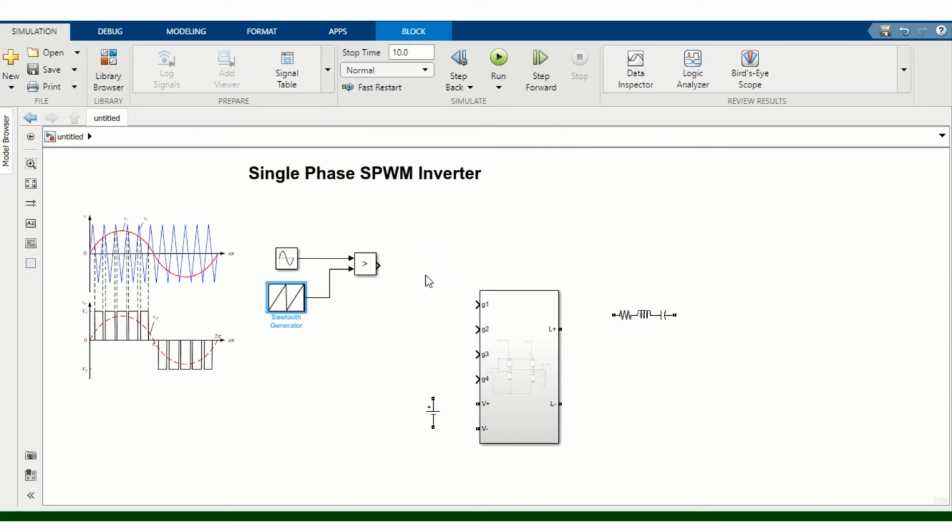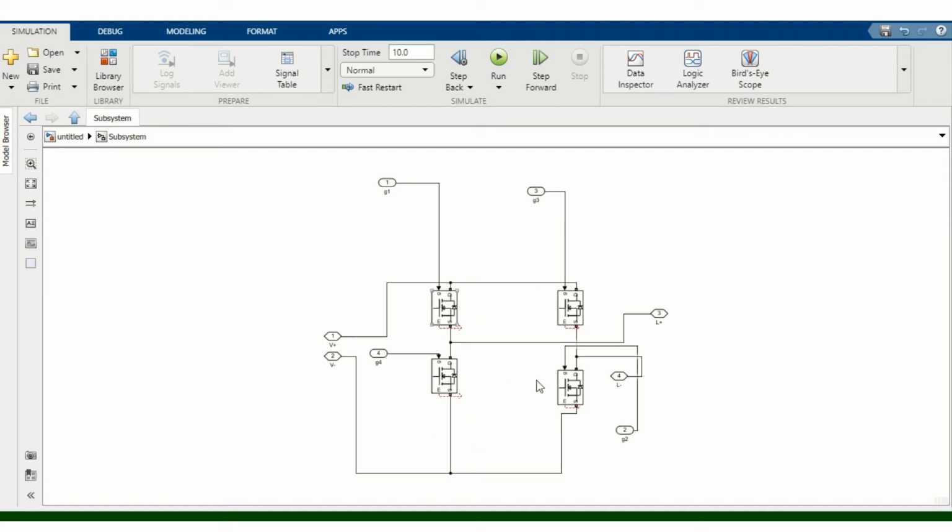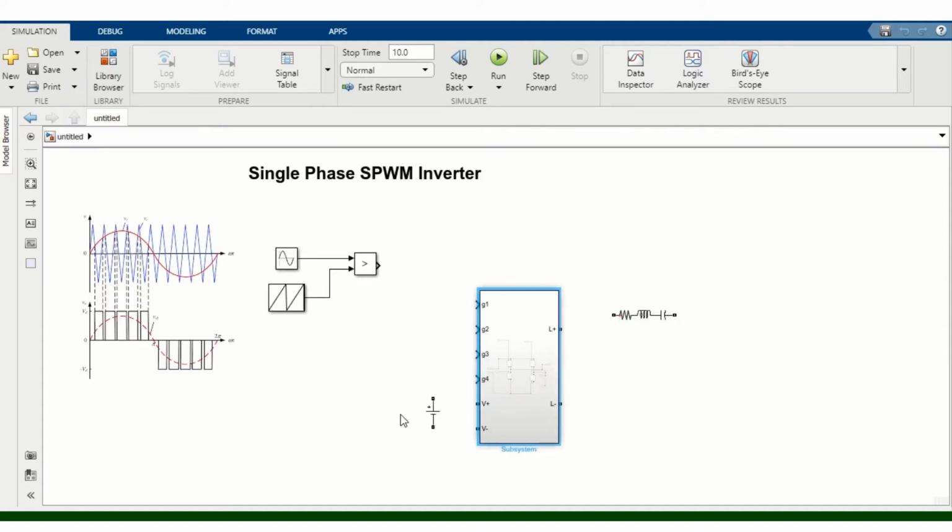Okay. So now this is applied to G1, G2, G3, G4, the labels are given. Now this is G1 and this is G2. We know as per the inverter that these 2 devices must be turned on at a time, and these 2 should be in the negative half cycle. So this is 1, this is 2, this is 3, this is 4. This is how the labels are given. So 1 and 2 must be given the same supply. Now for 3 and 4, this DC voltage we will apply between V plus and V minus.